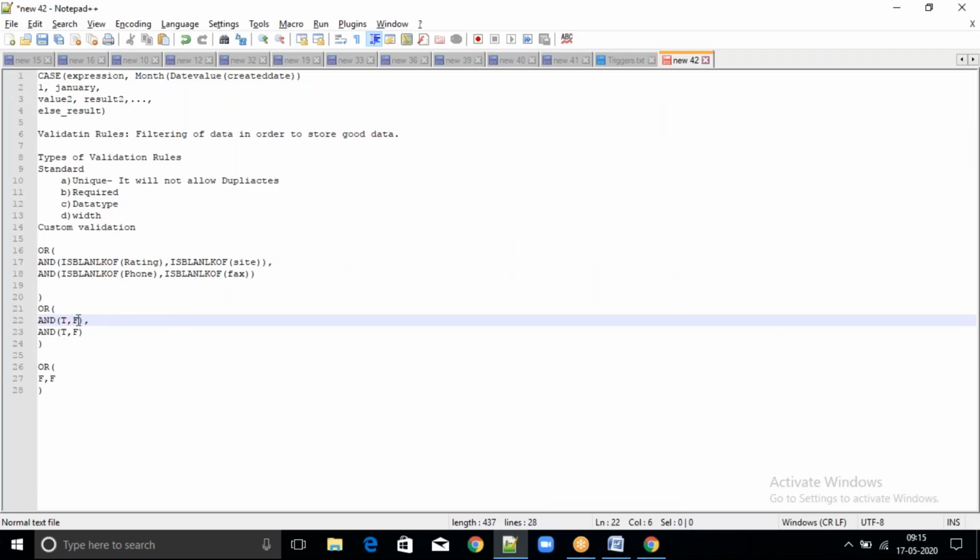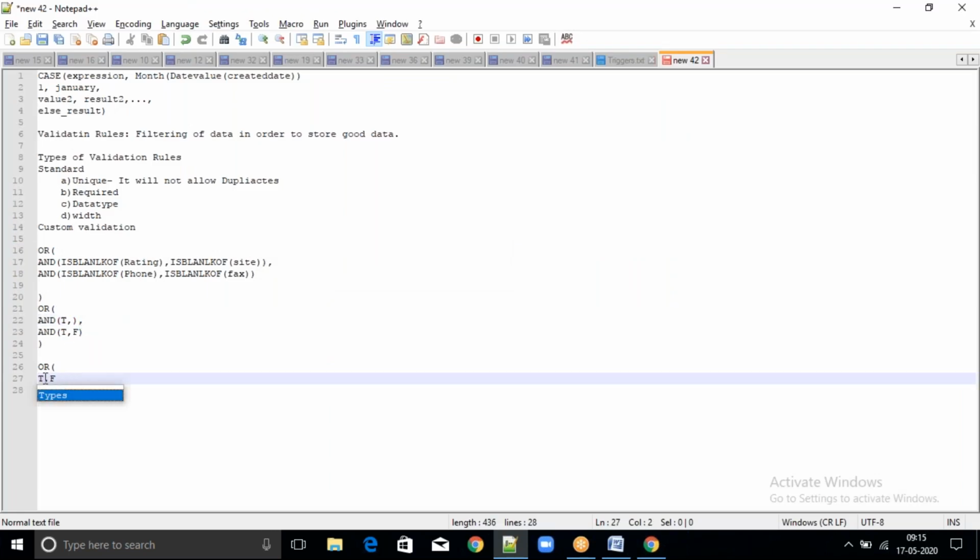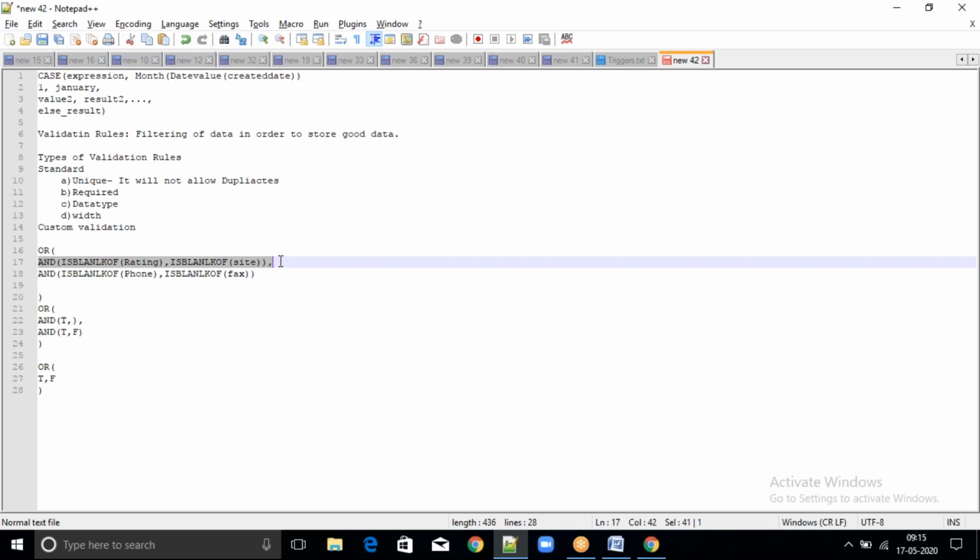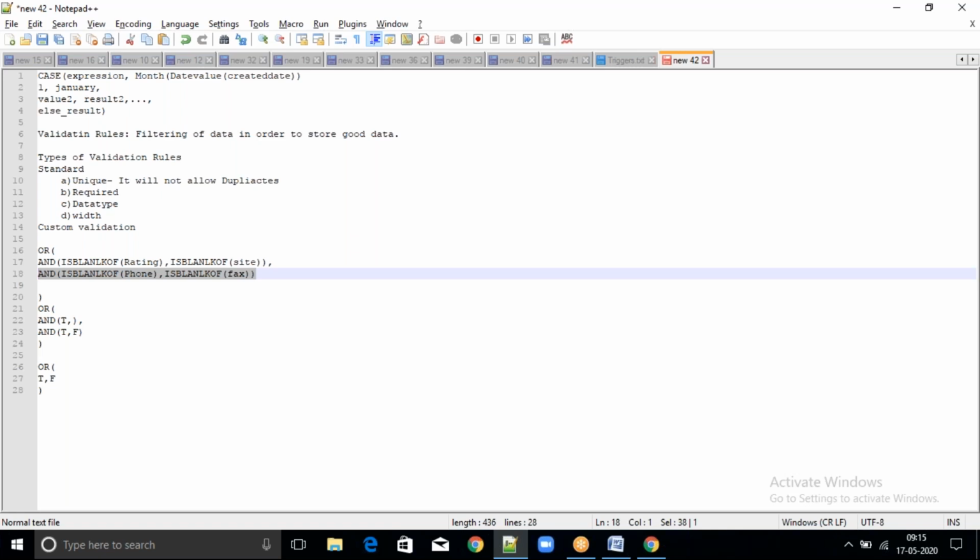True. It will return true. So this one is true and this one is false. It means true, right? So it will return true. Then validation will fail. It means if both these fields are blank, then it will throw an error. If these two fields are blank, then it will throw an error.